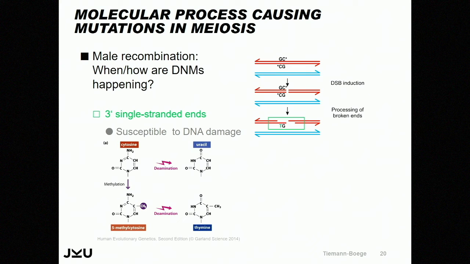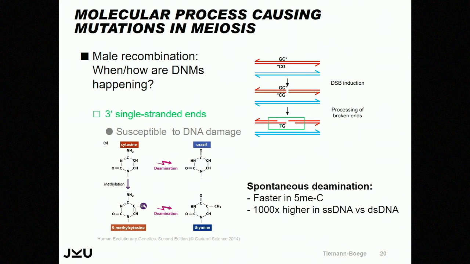Also, if you have deamination events of cytosines in the context of a duplex DNA, you form a heteroduplex that also triggers the repair machinery. But in a single-stranded context, you would not have this heteroduplex problem. And also, chemically speaking, in a single-stranded DNA context you have a much faster spontaneous deamination rate than in a double-stranded context, and this is much faster in 5-methyl-C. So we believe that this methylation state of the DNA between males and females might explain why you have such a high